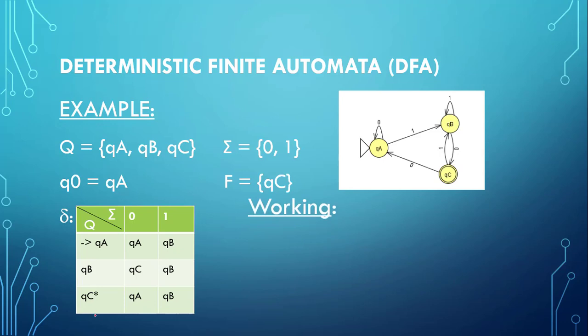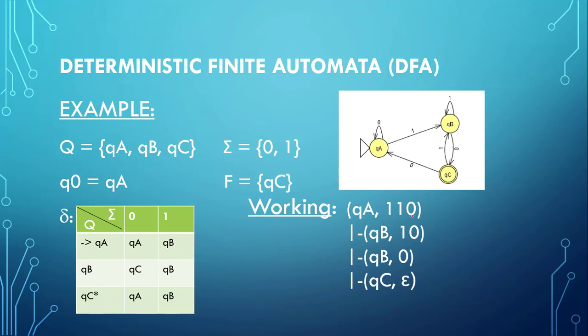Let us see the working of our deterministic finite automata. Here we can see an example where QA, 110 is given as input. So from QA it will transit to QB, from QB it will go to QB again, from QB it is going to QC on getting the last input symbol and reaching our final state where our input string is becoming empty. Here we do not have the concept of machine function which we had in FSM, which was defining what output will be generated for the given input. Instead, here directly accept or reject is the result that will get generated for our NFAs and DFAs.